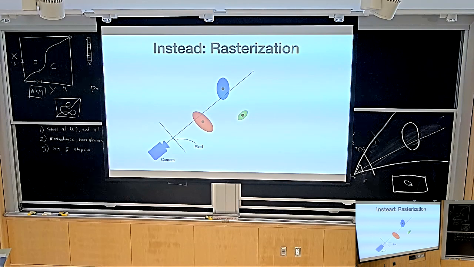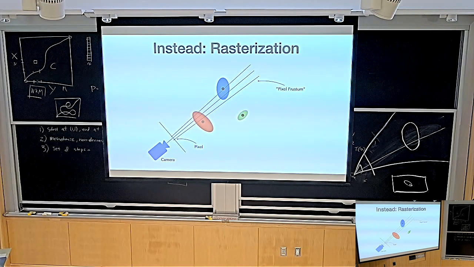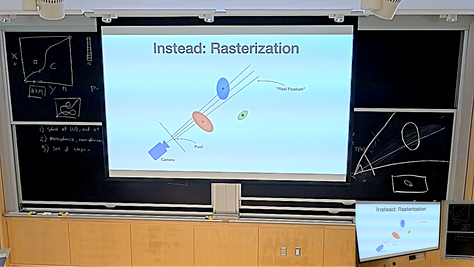Basically, what you literally end up doing is you take the camera, you get the pixel, and the first thing you do is compute the so-called pixel frustum. Each pixel has boundaries, right? Each pixel is a little square or a little rectangle. So you can compute these bounds of the pixels, and each pixel is basically a cone, and this geometrical object is called a frustum. The camera frustum is the cone that you get if you unproject the boundaries of the image, and the pixel frustum is the cone that you get when you unproject the boundaries of the pixel.